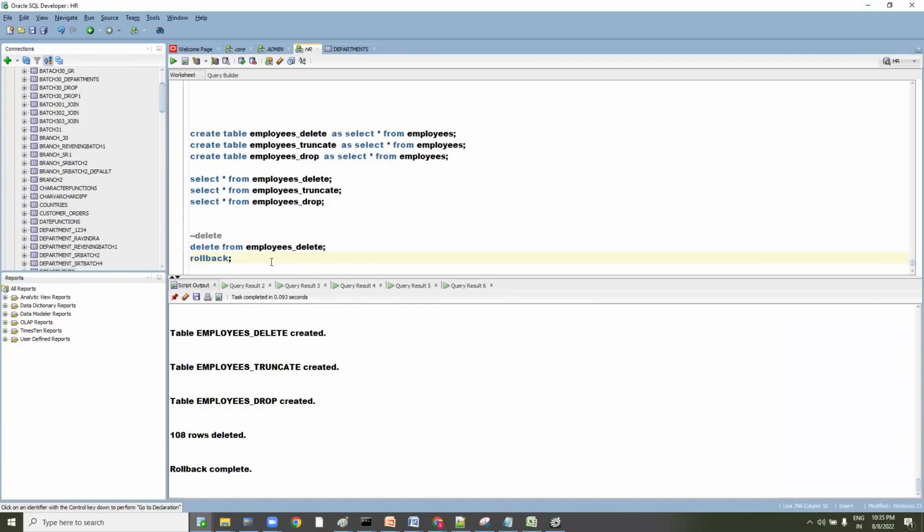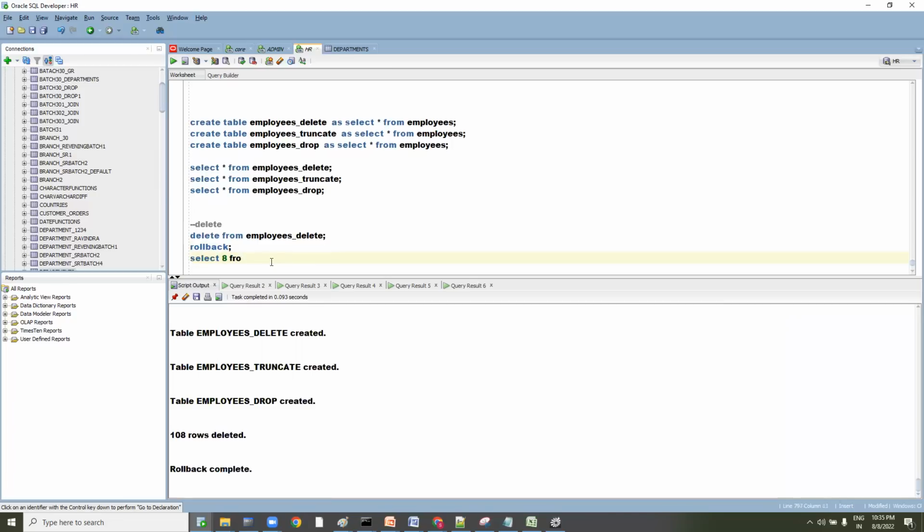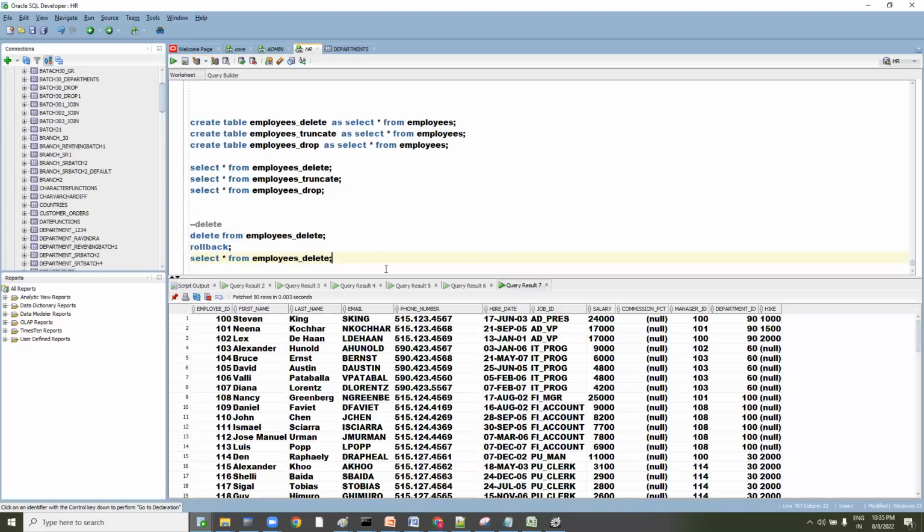Now, if I go ahead and do that, select star from employees, delete, we can see that entire data back. Okay, now let me do that again. Then we'll show you the select, and after that you will understand much more clearly. Select star from